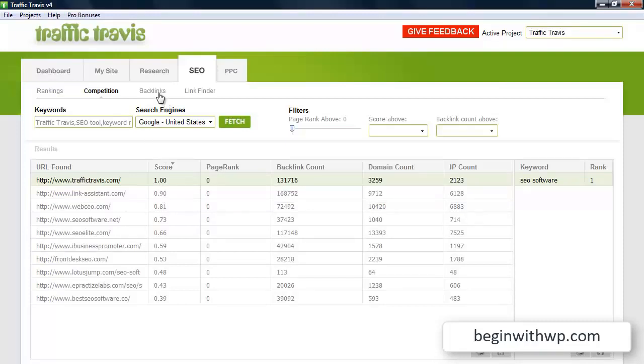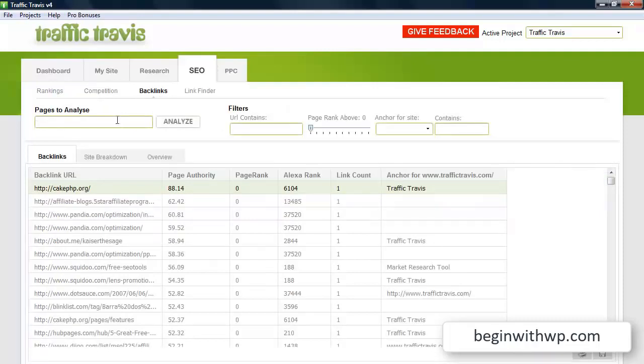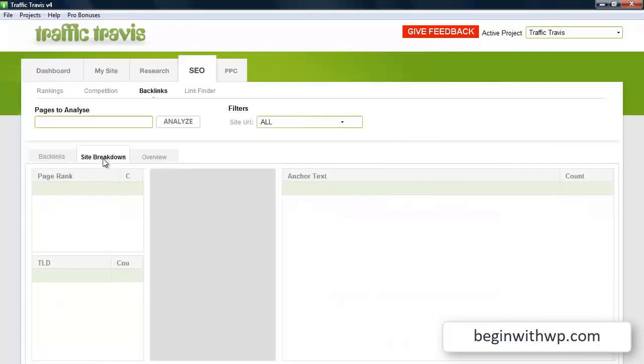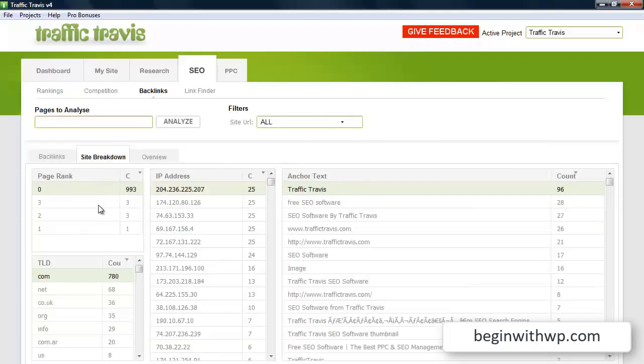The backlinks portion, basically you put in the pages you want to analyze, and it comes up with a list of backlinks that are going to the site that you put in. So I've done one already here. It gives you the site breakdown over here, so you can see at a glance some summary where the links are coming from, and also an overview